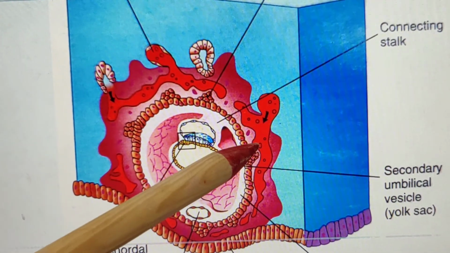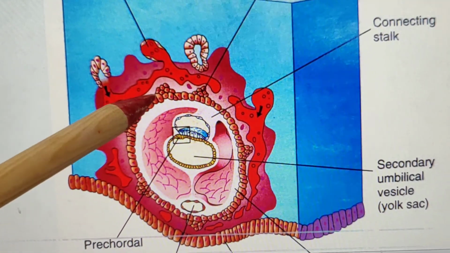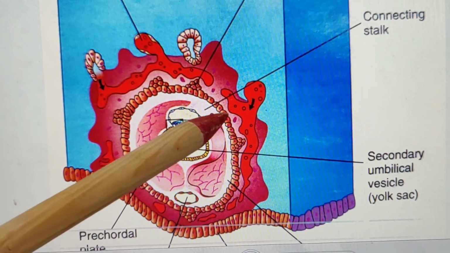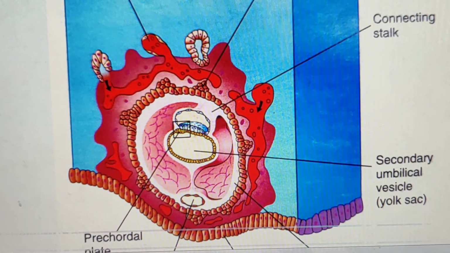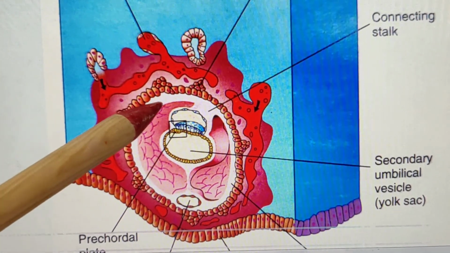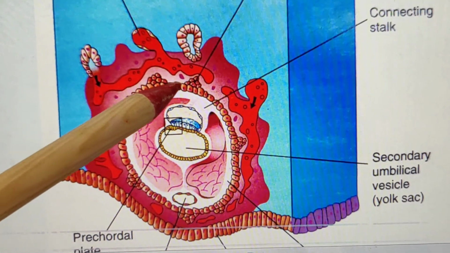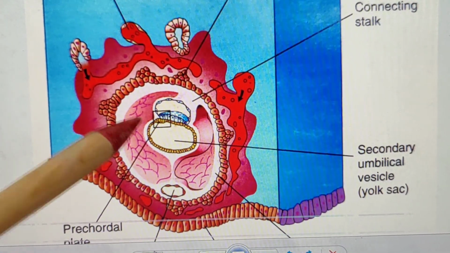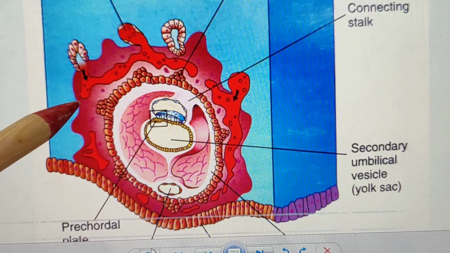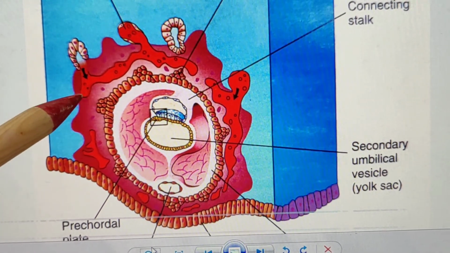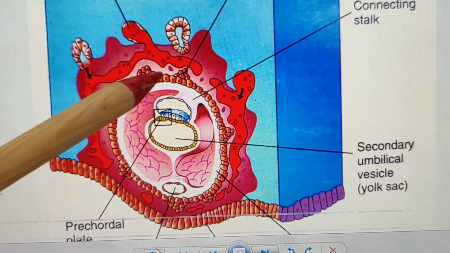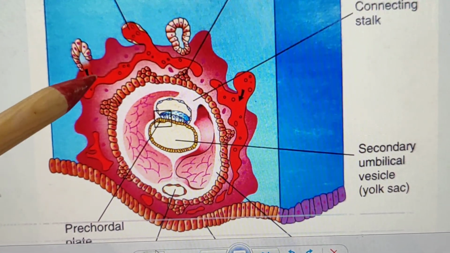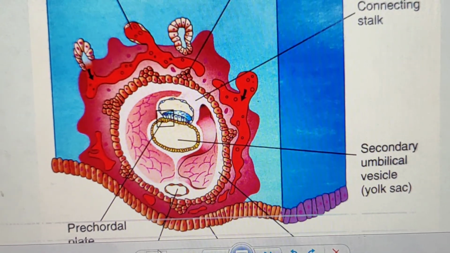Now focus on this cytotrophoblast layer. This cytotrophoblast has well defined cell margins. Cells are clearly visible, and we see these cytotrophoblast proliferate and form a mass. These structures projected into the syncytotrophoblast are the primary villi. There are first, second, third, fourth, fifth, sixth, and the seventh. There are 7 primary villi.